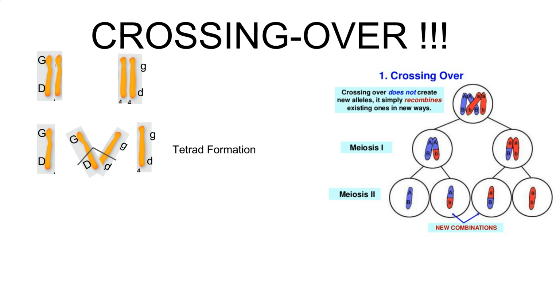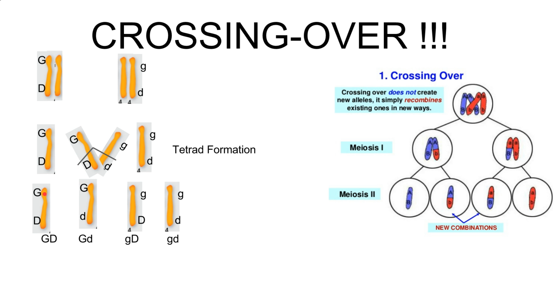So here you can see that as these are all wound together before we have our first anaphase, we can actually slip off and swap these back, which then ultimately, instead of this being GD and GD, instead of these going straight down and doing those 4 possible combinations here, we could get